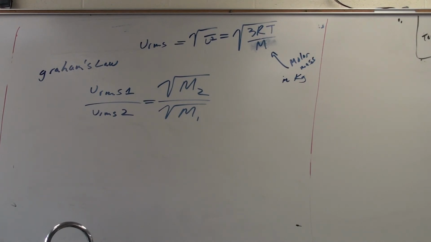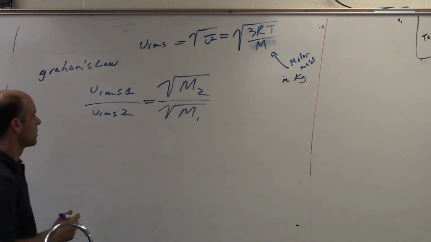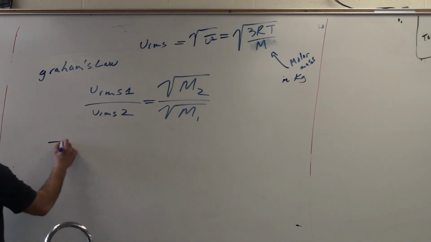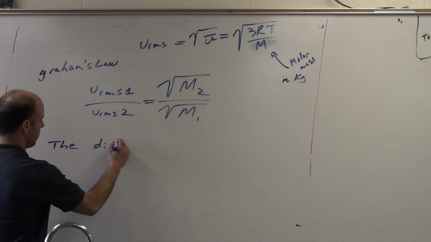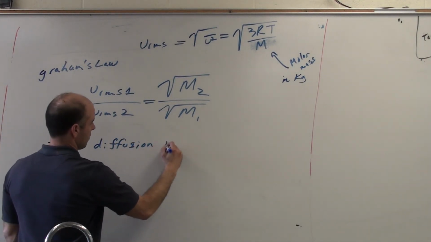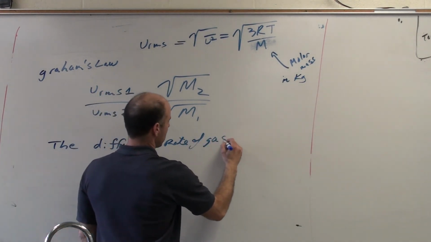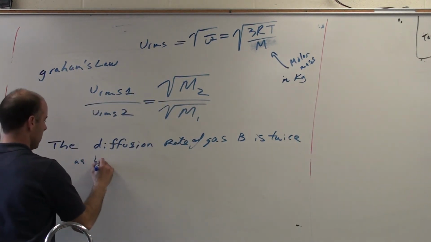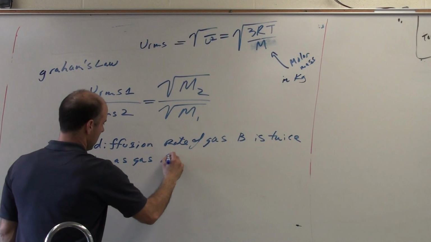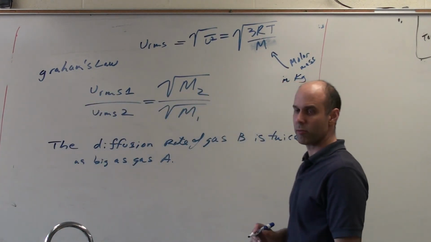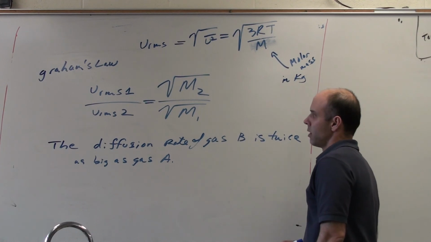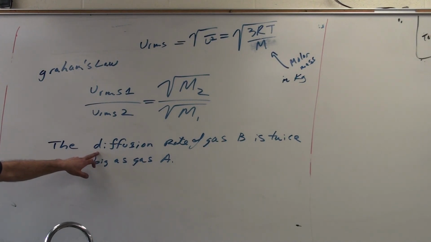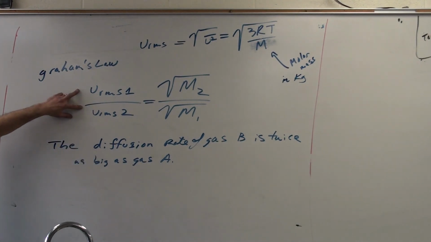So, one thing they would like to do to you is something like, the diffusion rate of gas B is twice as big as gas A. What can we say about their relative masses? So, if gas B diffuses at twice the rate of gas A, so